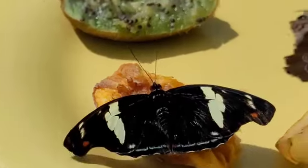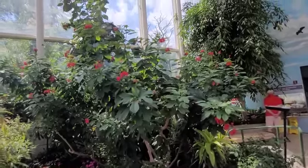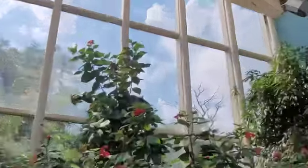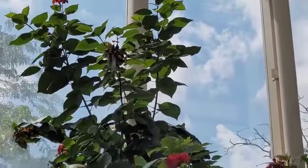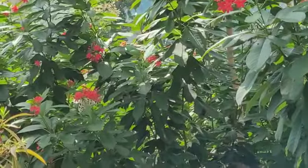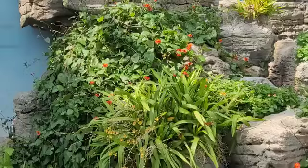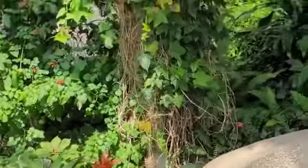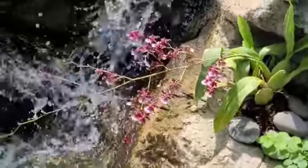This is looking elegant, and before me you see the bush of Jatropha integerrima, and this is another plant behind. This is Cordia sebestena, rose-colored blossoms. This is also included in the butterfly house. And Pseudogynoxys chenopodioides flowers, Ixora flowers, Antigonon leptopus flowers, and some more butterflies, Heliconians, and another orchid flower also blooming here